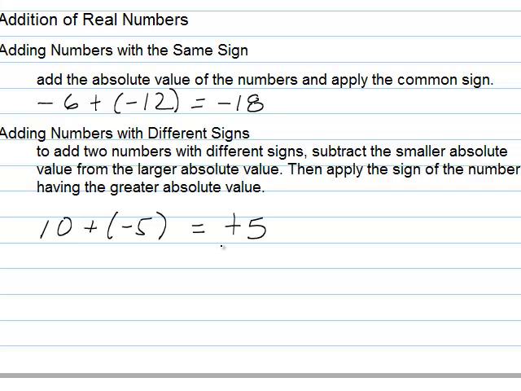All right, let's try another and see what we get. Okay, so two different signs. 105 plus -90. We find the difference between the two absolute values. So 105 minus 90. We take the smaller from the larger. That's going to give me 15. And now the sign I need out here is the sign of the greater absolute value. So we can see that 105 is definitely greater than 90, and its sign is negative. So this becomes -15. That's how we add real numbers.